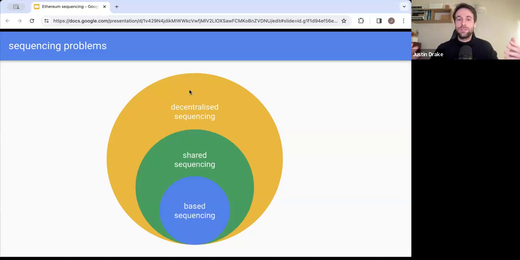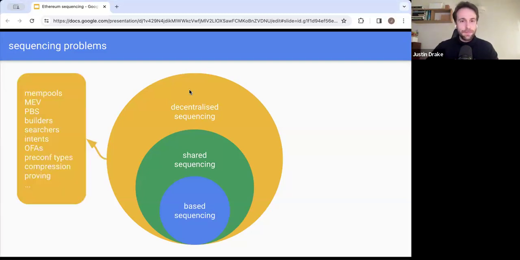So there's the concept of a shared sequencer, which I guess is a special type of decentralized sequencer, and then a base sequencer, which is even more specialized. And so when you study decentralized sequencers, you have to worry about many different things. You have to worry about mempools, MEV, builders, intents, how you do data compression, how you do proving, etc. And again, that's where I think most of the research is.